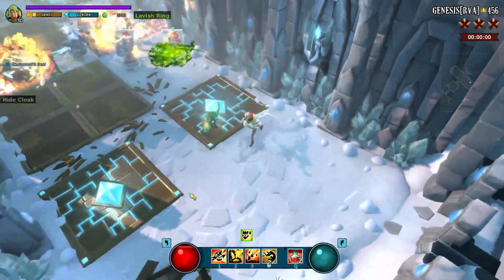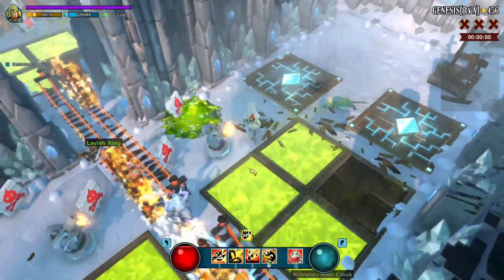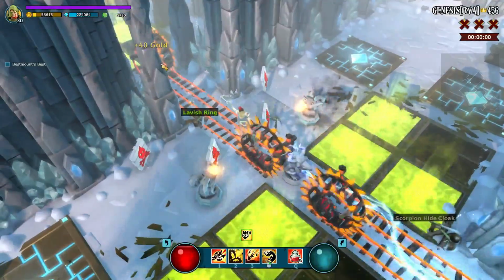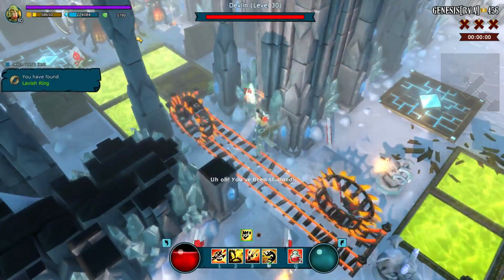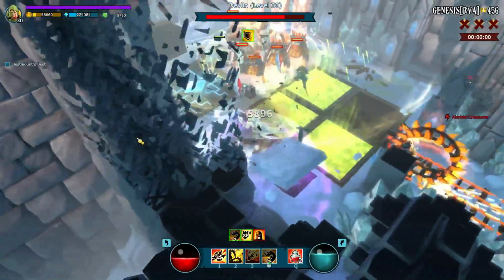Alright, so there's another group up there. I'm not sure how I can hit this to kite it back. I don't know if this is going to be a... Oh my god, that was so close. I'll just... it's going to be a totem group. I can see the totem now, so...